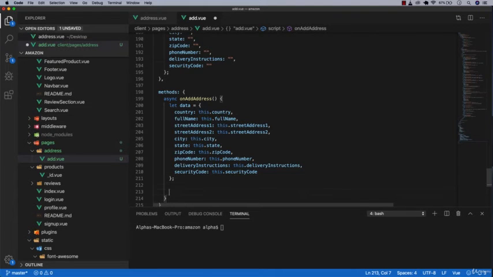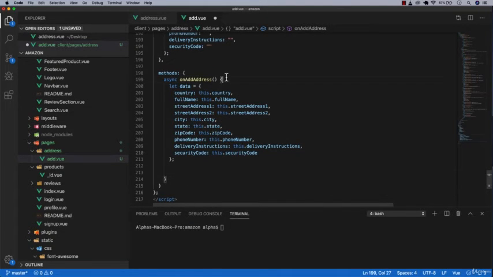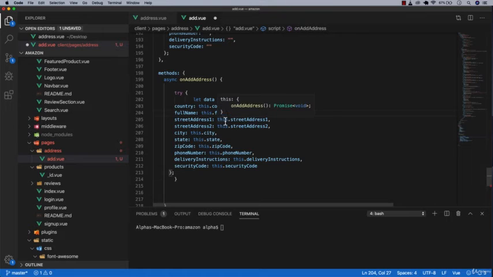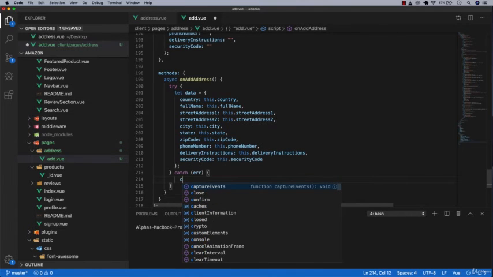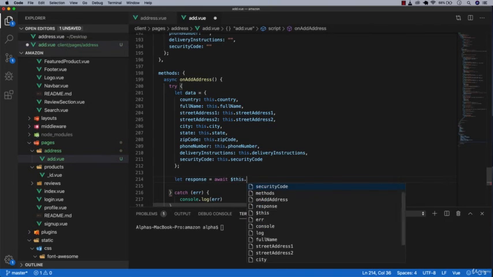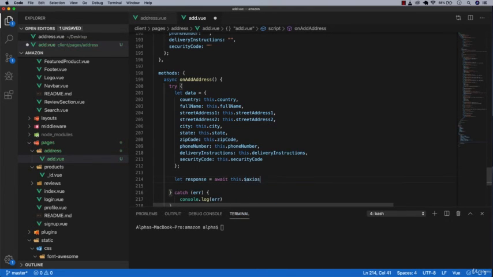And then finally you want to do the Axios call, let response, and it's better if we do try and catch at the start. We need to wrap this entire thing, just in case we forgot to add anything here, it might return an error, so just to be safe it's better we put it inside try and catch. Then catch, and then console.log error, and then here we want to do let response equals await this Axios post API addresses. I think we pass in the data, and then if